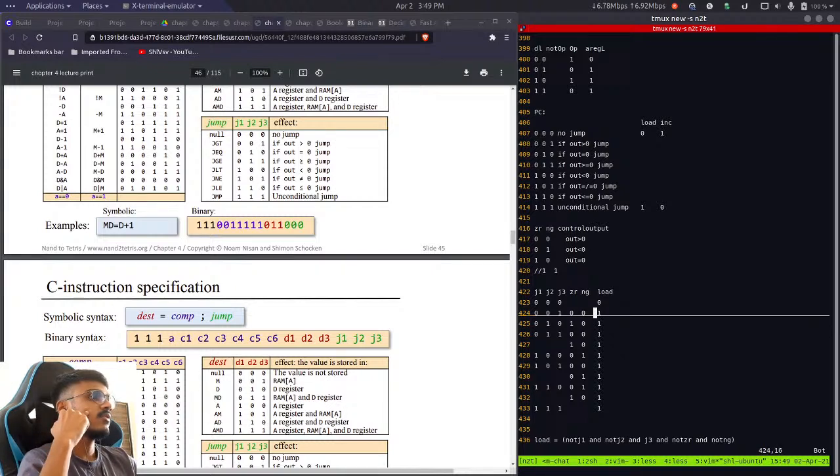What if I try to create two functions, one for these three inputs and one for these two inputs, and after that I AND the output? Yeah, that might simplify it. So let me try to create one for the ZR and NG bits first. So for the first term it will be not ZR and not NG, or